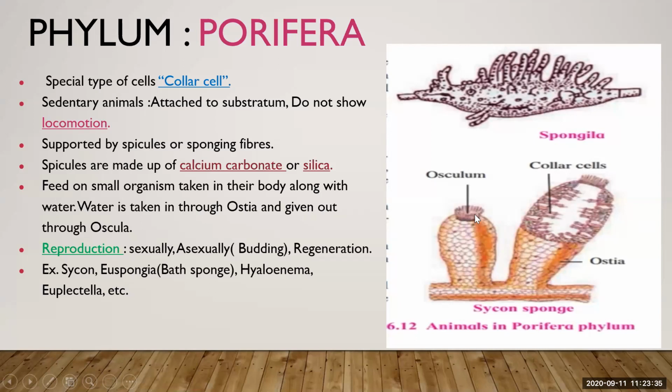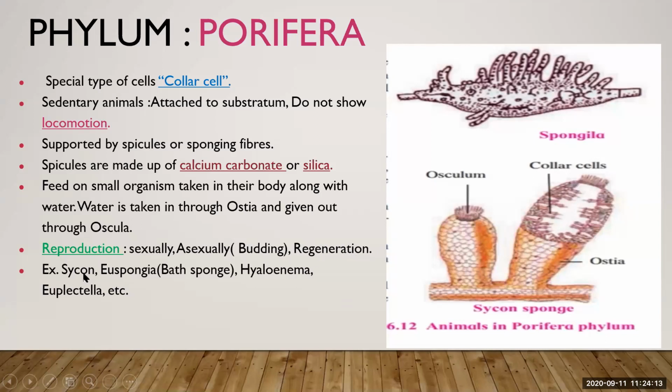Okay. Now see the reproduction, how they reproduce. They can develop their own progeny, sexually or asexually. In both ways they can produce their young ones. Asexually, by the budding process they develop young ones, and they are good at regeneration also. Their body gets cut into different parts, and those parts develop into full sponges. This is regeneration. In all these ways they reproduce themselves.